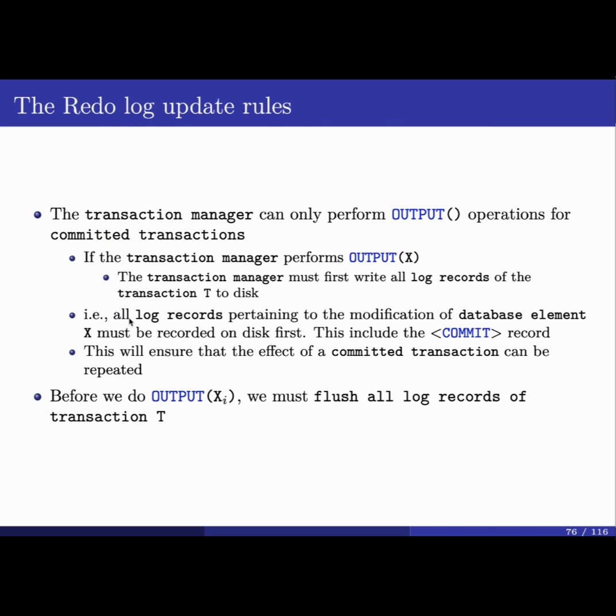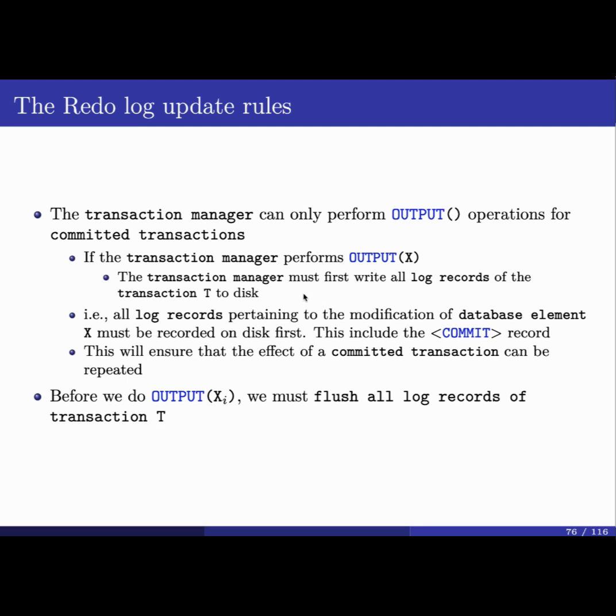Okay, let's take a look at the rules we have here. We have one rule that we call the log update rule. The transaction manager can only perform the output operation for a committed transaction. In other words, you have to wait until the transaction is completed in order to reflect the change made by this transaction to the disk. This is the meaning here. So if the transaction manager performs output X, meaning I modify and reflect the change of a database element from main memory to the disk,